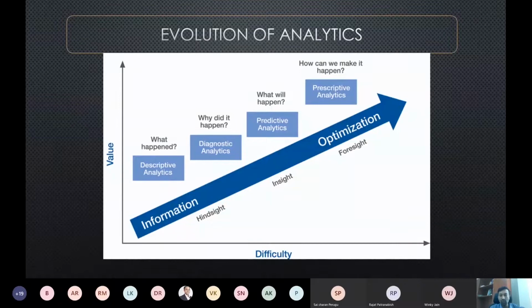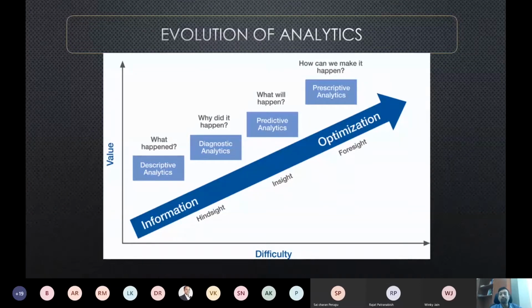And then moving to the next, that is diagnostic analytics, where we try to address the question, why did it happen, right? So we try to dig deeper, try to find out the root cause of that. Maybe in some sort of secret agent mode, we try to investigate why a particular phenomenon happened, right? So what's the reason behind this? We do some deeper analysis to understand the root cause.